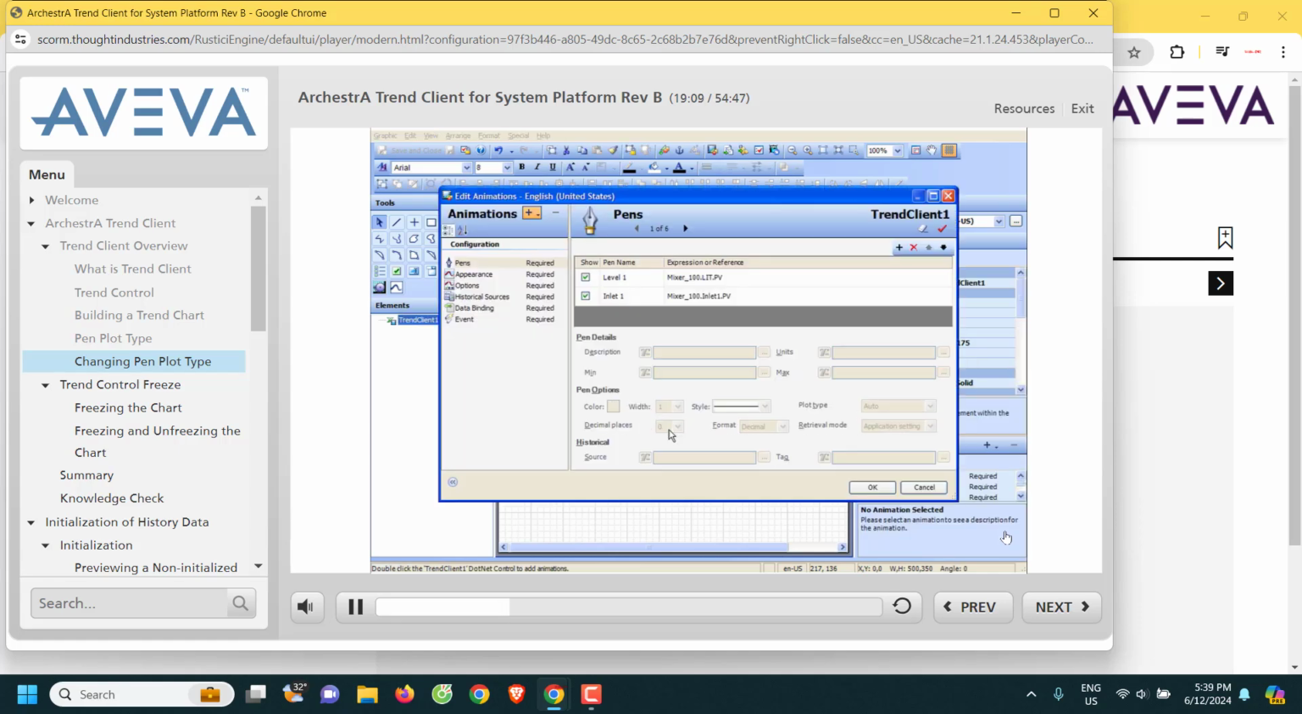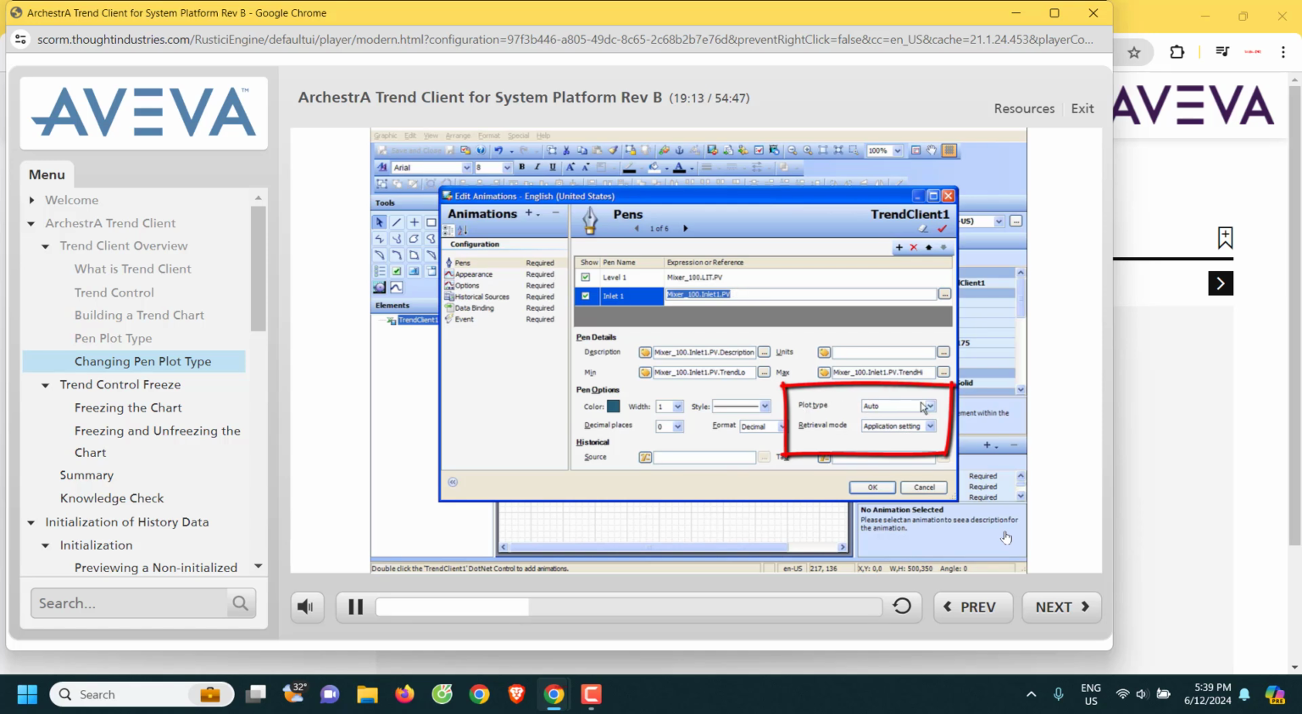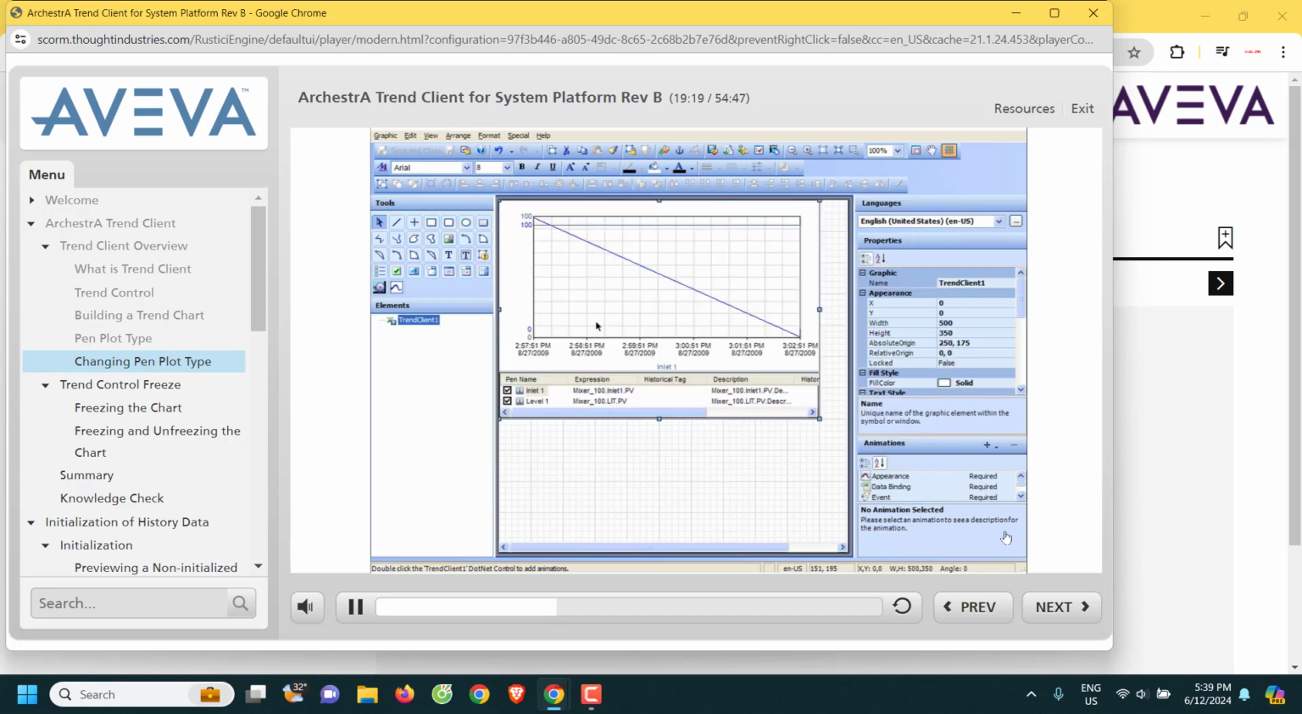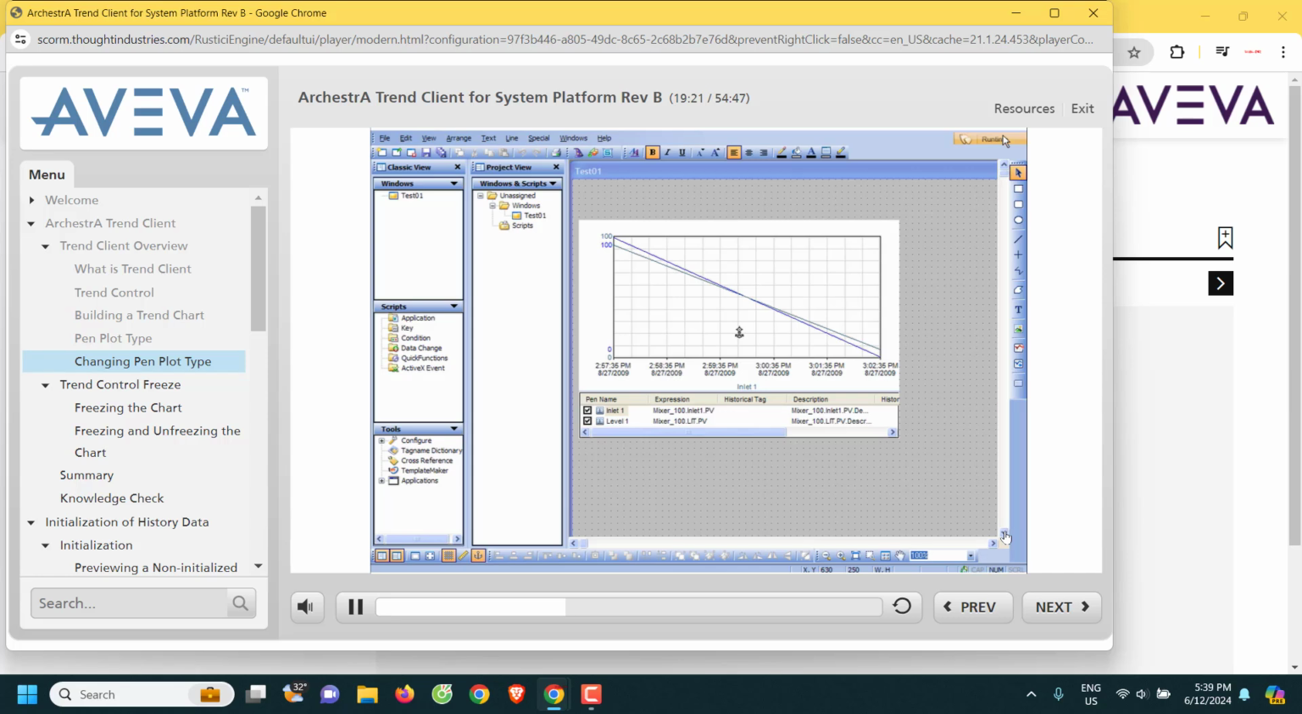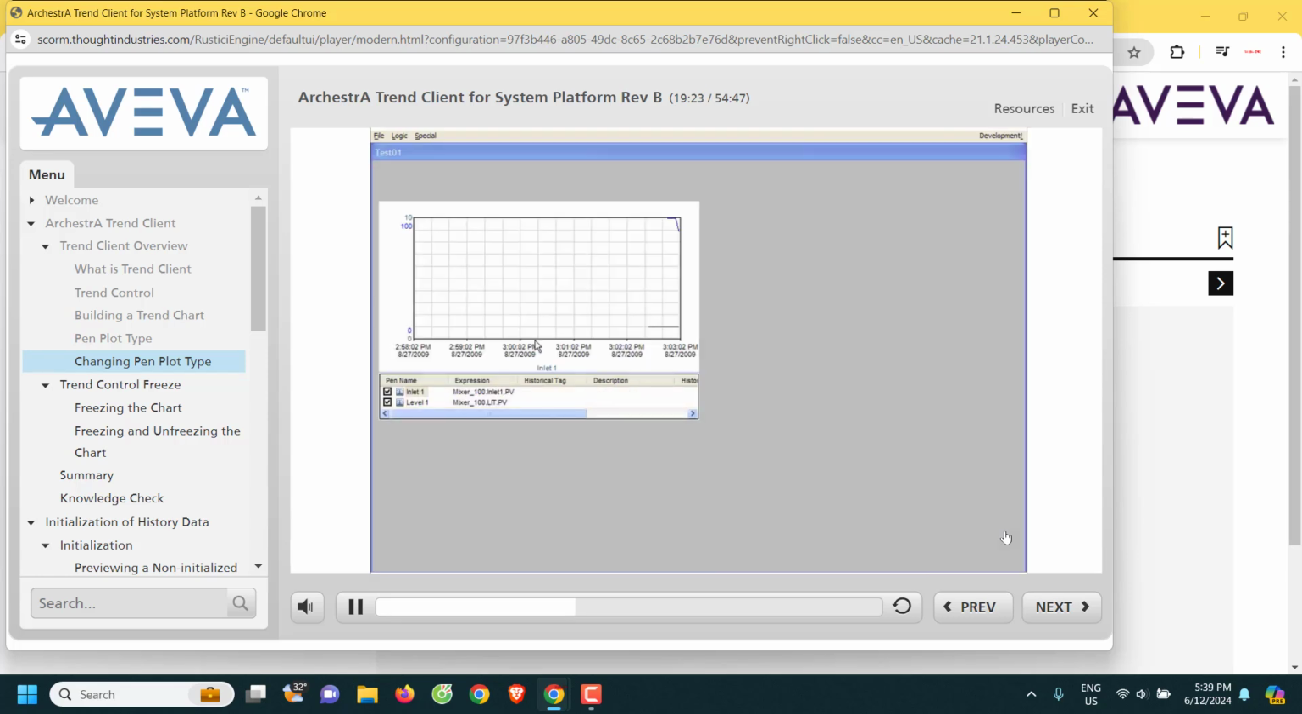edit animations, we want to change the plot type to a step line. And now let's try this out in runtime. We should see a very different plotting on the trend once the real-time data appears. We can hide the one for the levels and just look at how this inlet 1 data point is plotted. Now let me show the level again. We can see the draining of the tanks and need to wait for the level to reach 0 before the